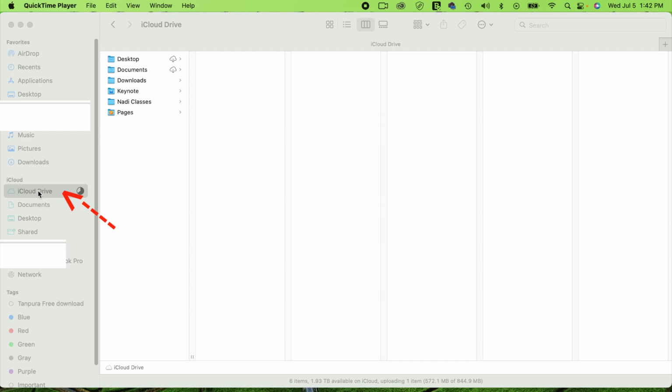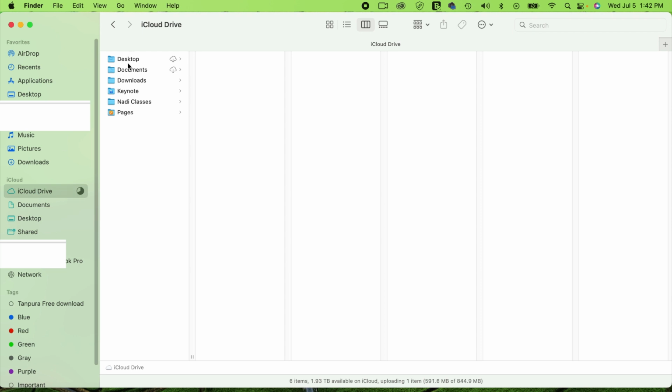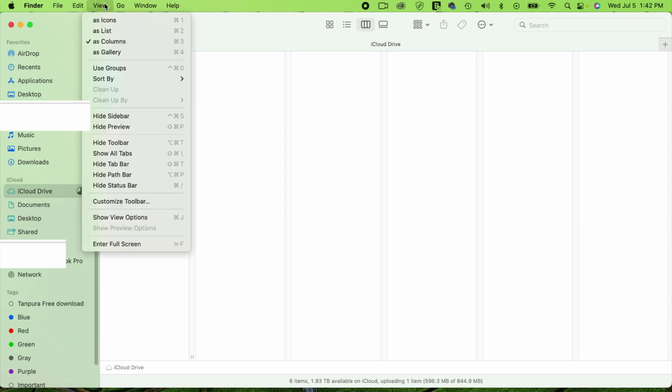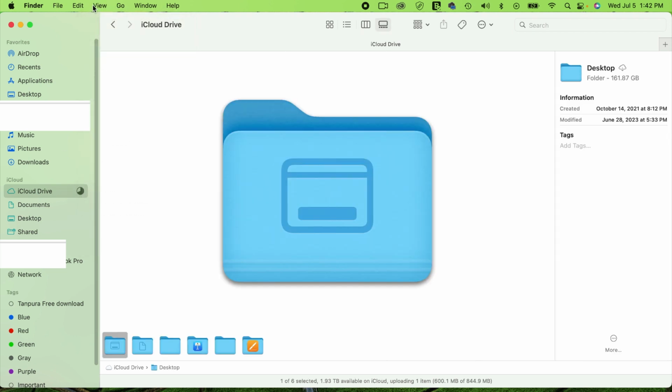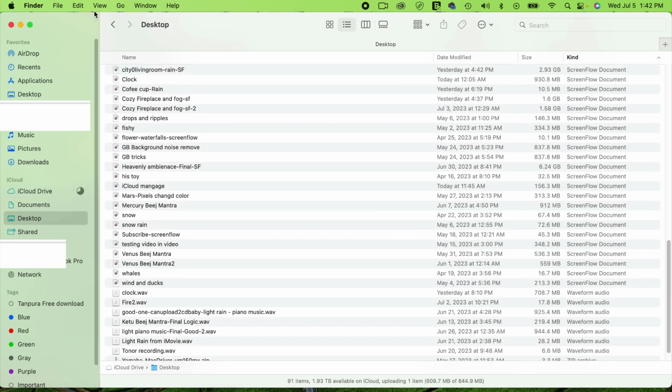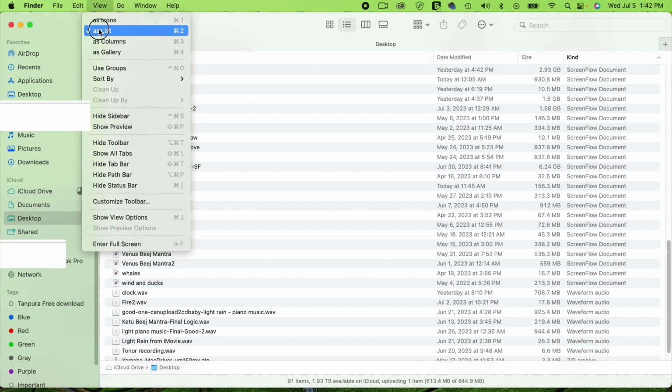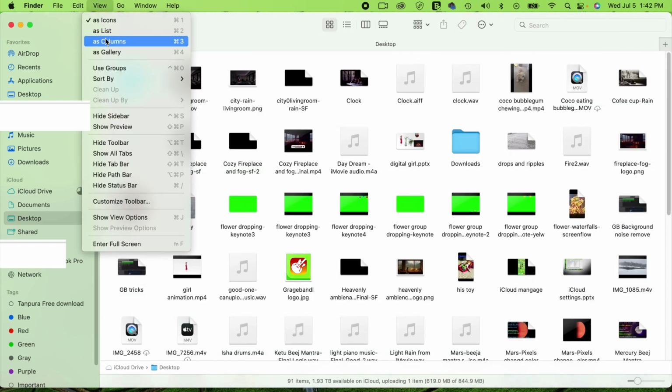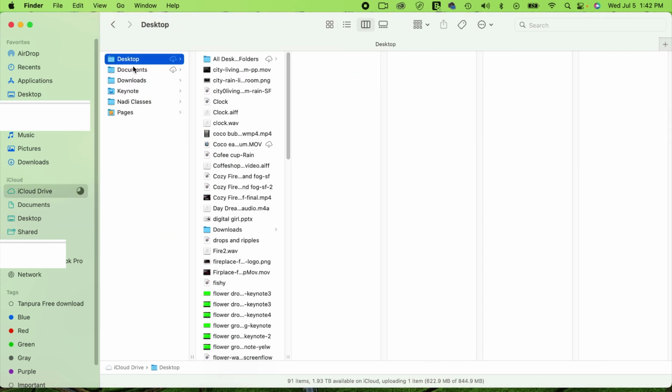Suppose if you have older documents, you can here iCloud. All these are documents, desktop. They're all from iCloud here. You can select what way you want, like gallery or view columns or list. Then it's icons. Actually, these columns are good. That way you can go through each one. So this is the desktop one I have in my iCloud, and all these files you can just select